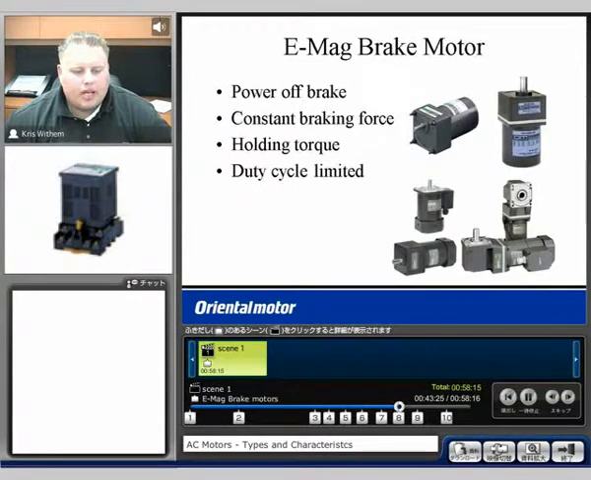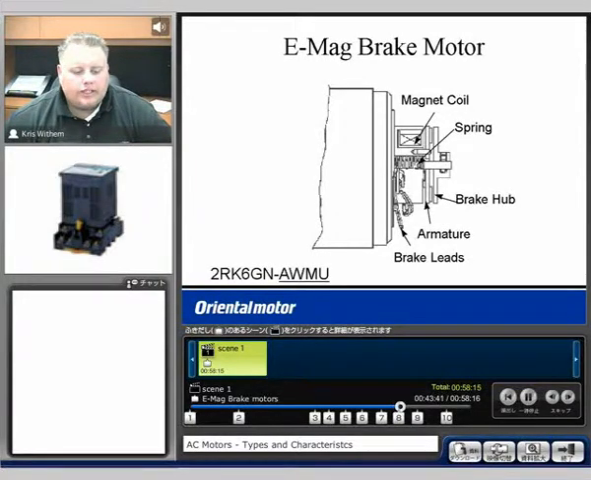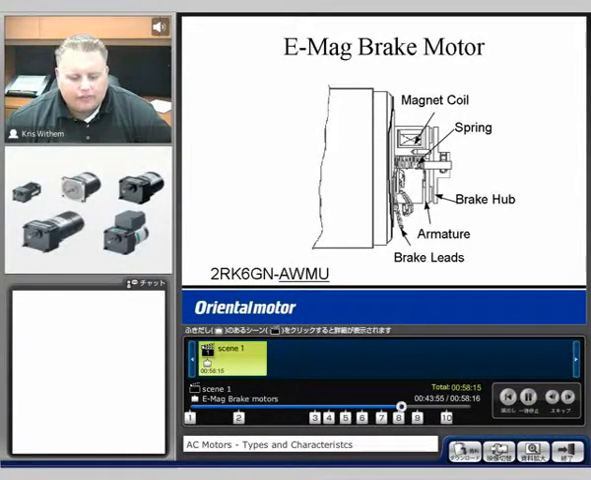The electromagnetic brake motors that we have available are a power off type. As we talked about before, they're available for constant braking force and holding torque, and the duty cycle, however, is limited as well. The electromagnetic brake has an extended shaft on the back of the motor where the brake is placed on a hub. So if we take a look, this is the back end of the motor here. Now typically this is just where it would stop. But with this hub that we've used, we've extended the shaft out. And when power is applied to the brake leads, which come out here,